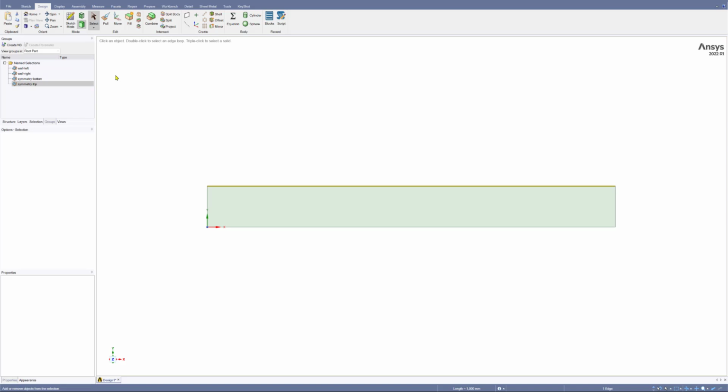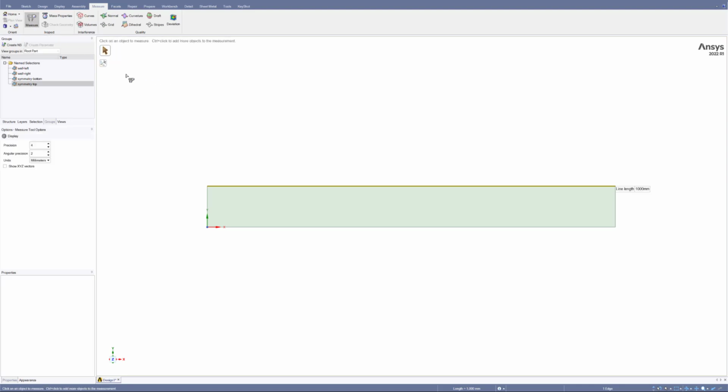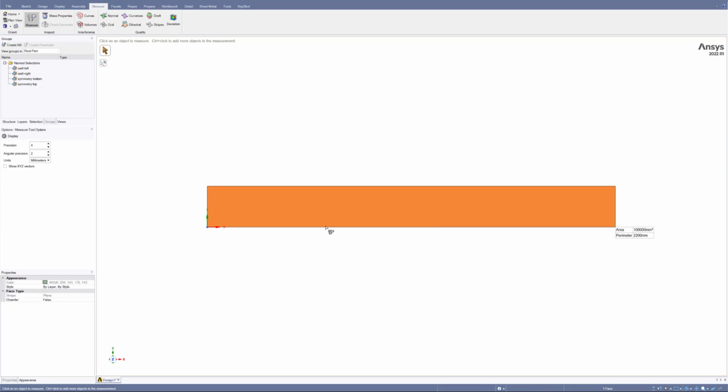And one more thing I can show you here is the measurement tool. If you go to this Measure tab, you have a tool called Measure. You can use E on your keyboard as a shortcut. If you select one of these edges, you will see the information. It is 1000 millimeters, and this one is 100 millimeters. If you select this surface, you will see the area of this